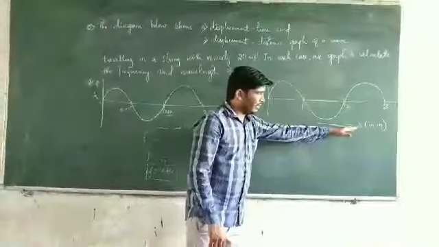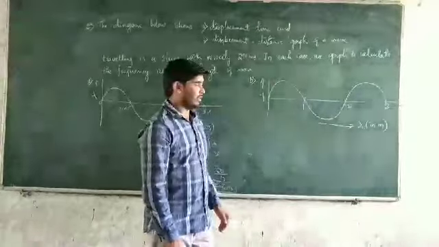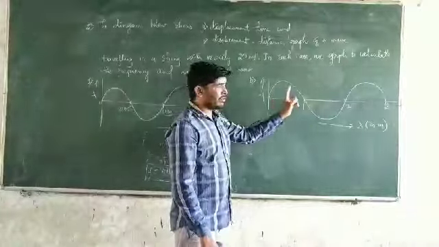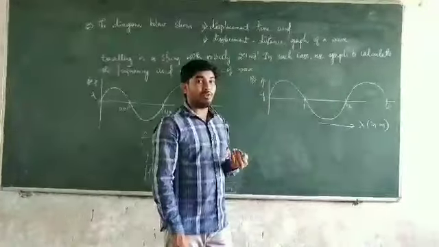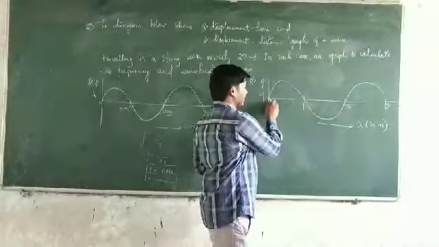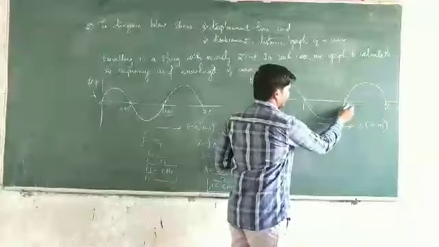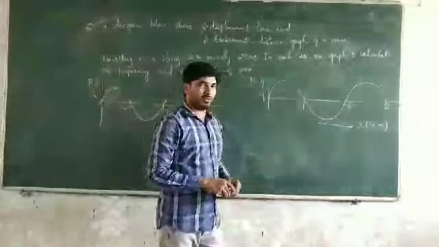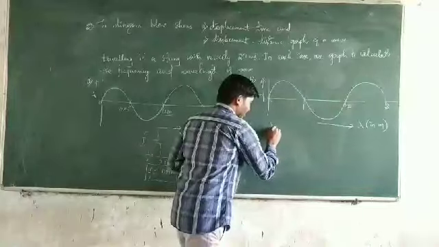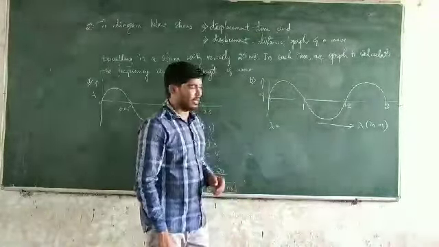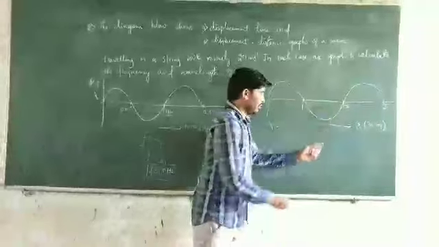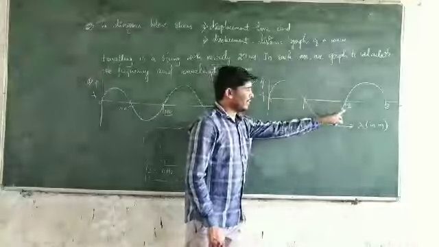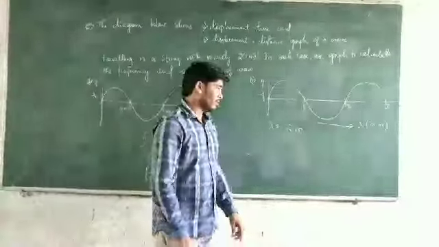Along the x-axis we have taken the distance or wavelength. So here wavelength is nothing but the distance between two consecutive compressions or two consecutive rarefactions. If you consider this is the compression and the next compression is here, the distance from compression to compression is called the wavelength. So directly we can find the wavelength from the wave diagram. Wavelength is equal to 2 meter, because the distance between two compressions is 2 meter. So that is the wavelength.